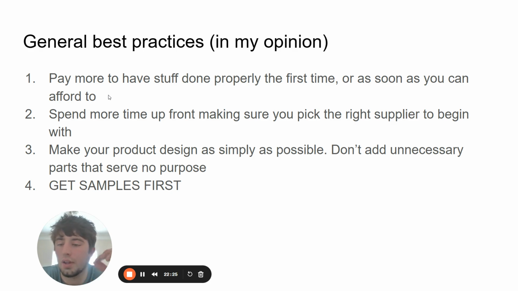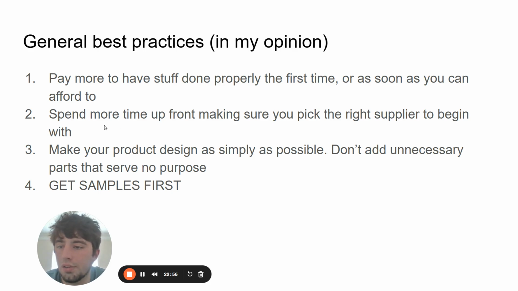Or if you're having an issue with the manufacturer, don't sit around and wait just because you like this manufacturer. If they keep having the same issues, start to look for a new manufacturer. If they keep having issues, they're exhibiting red flags, they don't seem to want to solve the problems or take any accountability, start looking for a manufacturer that will, and figure out a game plan on how to solve whatever problem that is.